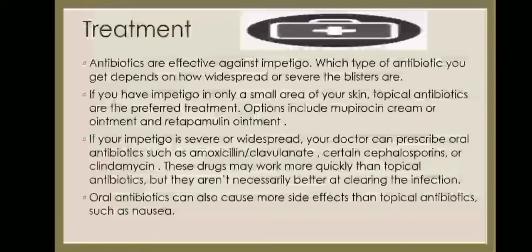So let's proceed to its treatment. Antibiotics are effective against impetigo. Which type of antibiotic you get depends on how widespread or severe the blisters are. If you have impetigo in only a small area of your skin, topical antibiotics are the preferred treatment. Options include mupirocin cream or ointment and retapamulin ointment. If your impetigo is severe or widespread, your doctor can prescribe oral antibiotics such as amoxicillin or clavulanate,